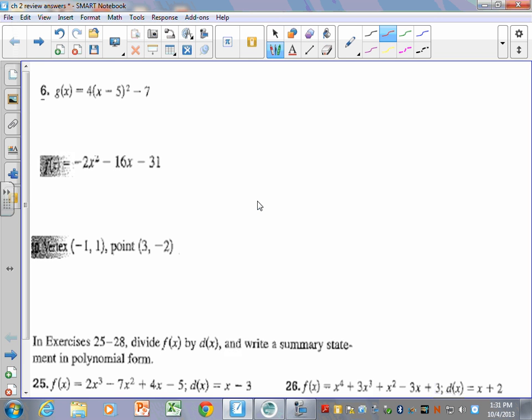I don't have the directions on this one, but the first one you're just supposed to state the vertex and the axis of symmetry, and it's already in vertex form, so just a reminder that this is H and this is K, so you should say,